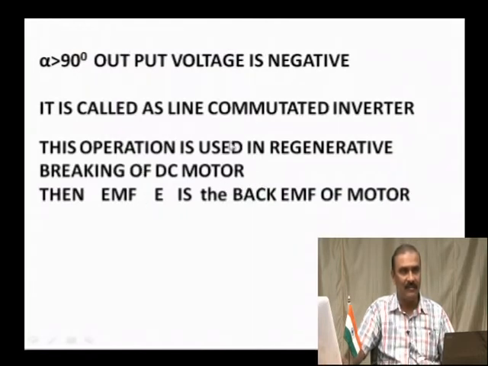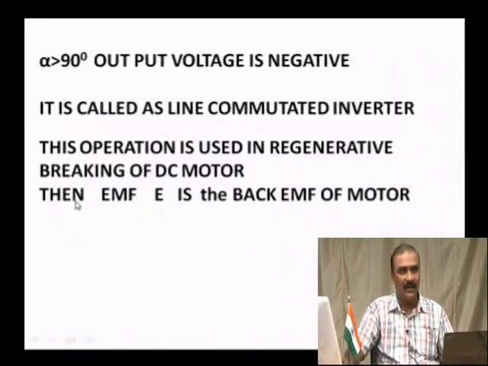So, this is an important application in industry where you need this regenerative braking principle, because this part you are learning in 6th semester industrial drives and controls, a complete power electronics related topic you are going to study in that. But still you have to know what is this regeneration, why do we call this as regenerative braking.